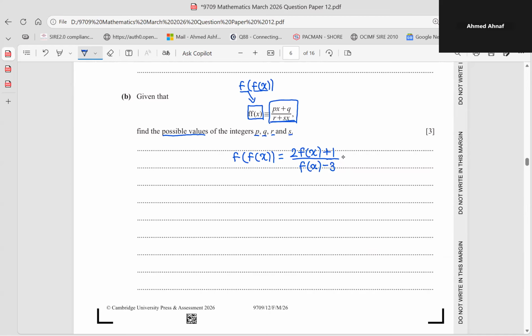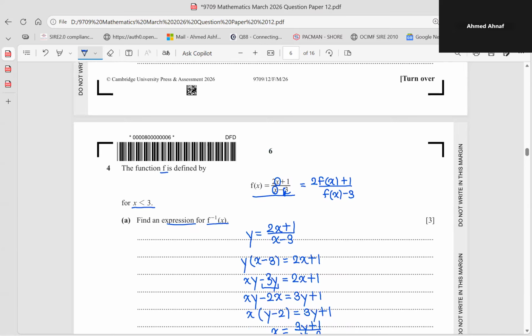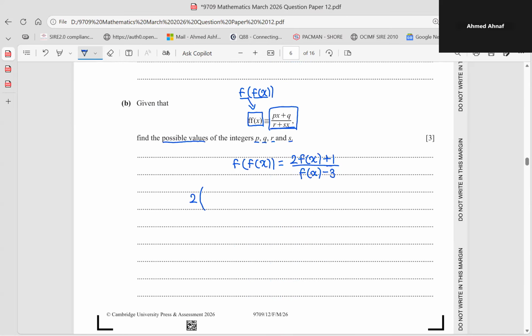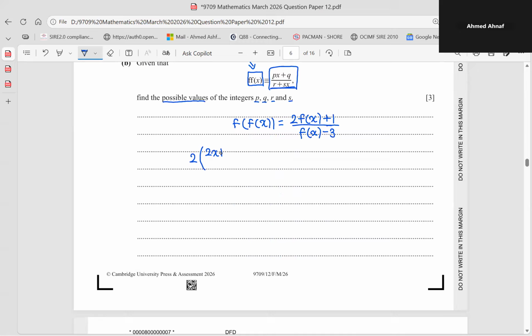So let's find the numerator first. Okay, so 2f(x), so f(x) is 2x plus 1 over x minus 3. So 2 times 2x plus 1 over x minus 3, plus 1. So x minus 3, 2 times 2x plus 1,